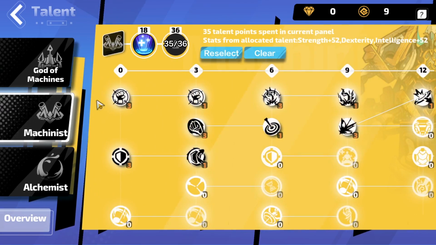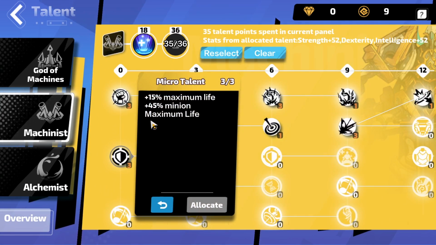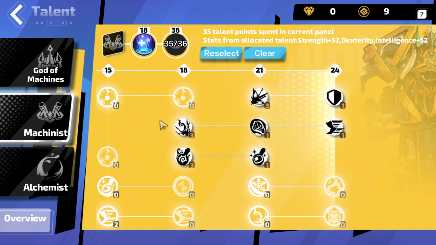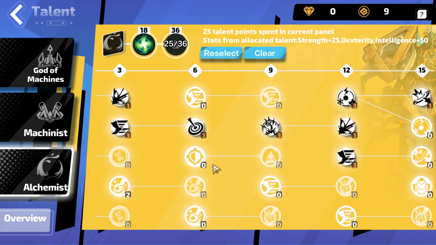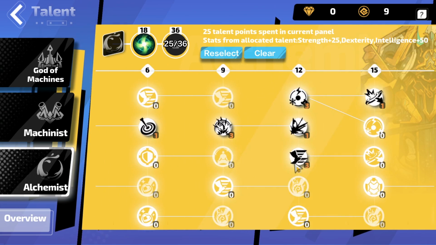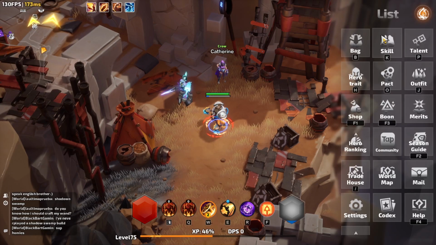And for the other points, like you can see here, after that, basically once you get the 24 points in here and here, then you're gonna go for Machinist and get all of the defensive nodes, so maximum life, regen, and so on. So that's basically the talent tree, and after the 36 points here, I also would go for some defensive nodes like life in here, regen, and yeah, that's basically it. So that's talent points. In terms of skills,